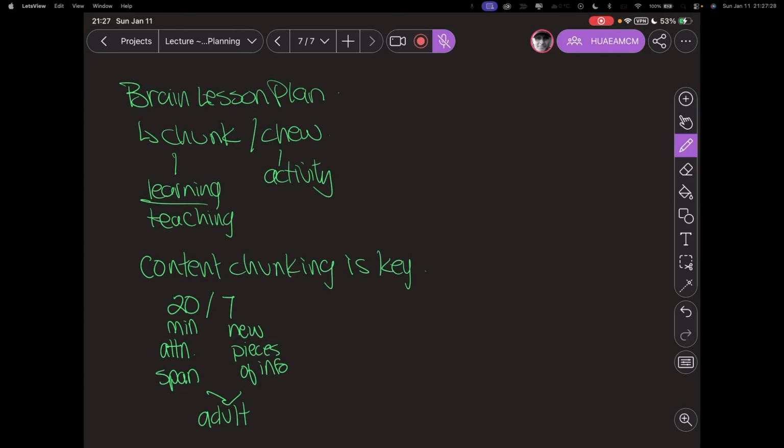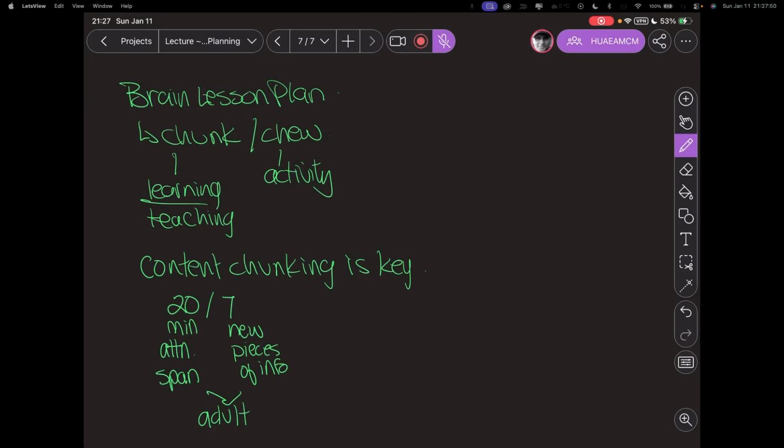And then in the lesson plan template that we made, we had these segments, and each segment had a chunk and it had a chew, including anticipatory set and including the closure. And sometimes our chew is kind of both, but in the anticipatory set and in the closure. But in all the other parts of the lesson, you should have this built in.